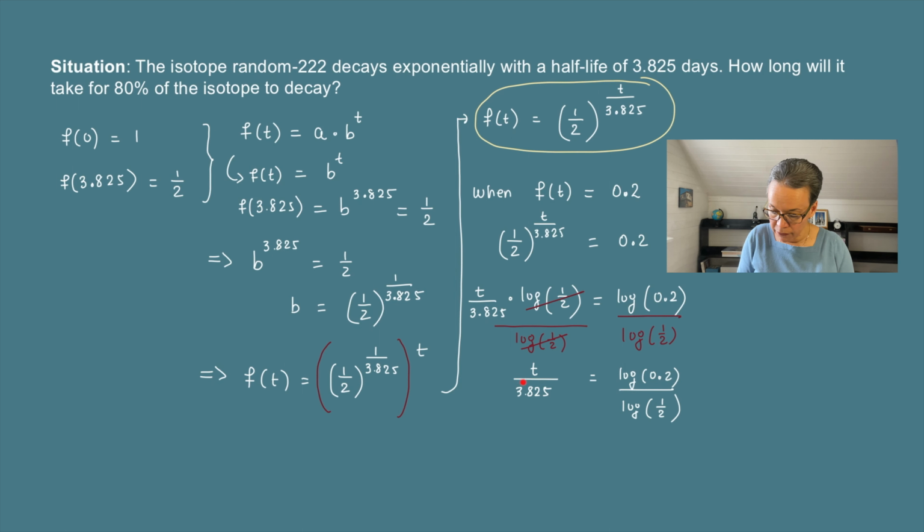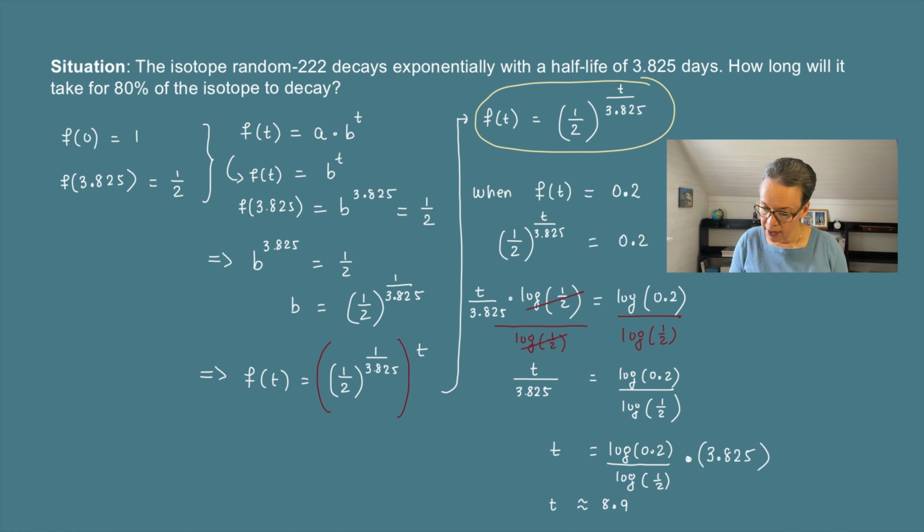Now all we have to do is multiply both sides by 3.825. So t will be equal to the log of 0.2 over the log of 1/2, all this times 3.825. When you enter all of that into your calculator, you should get that t is approximately